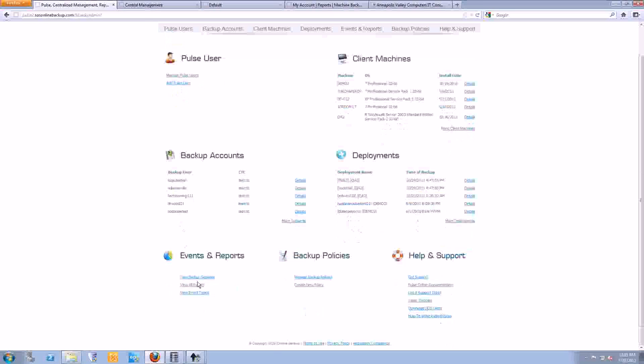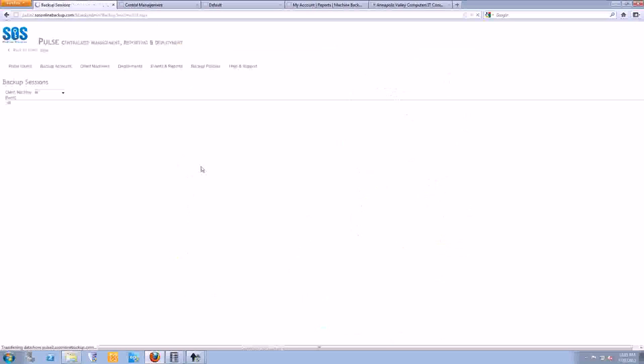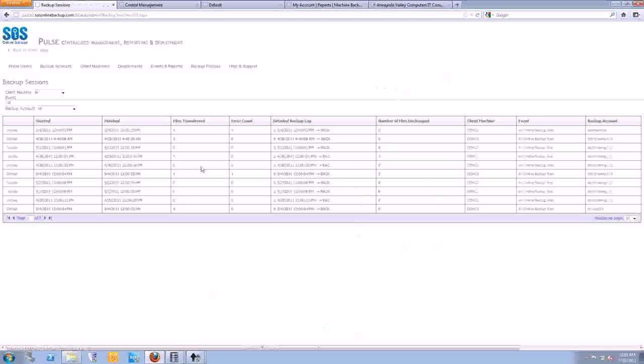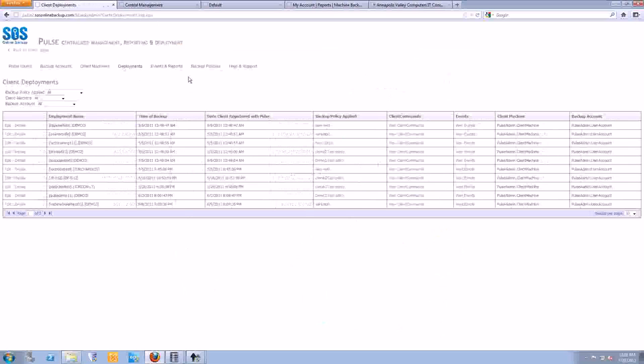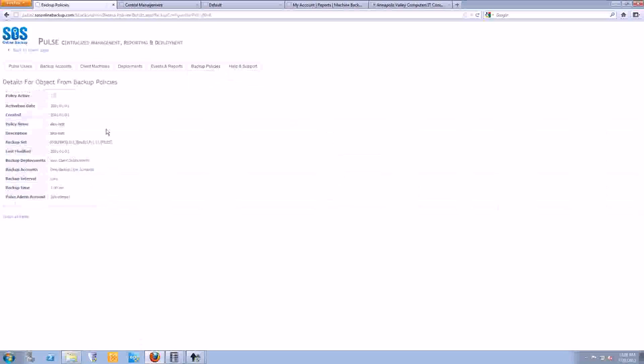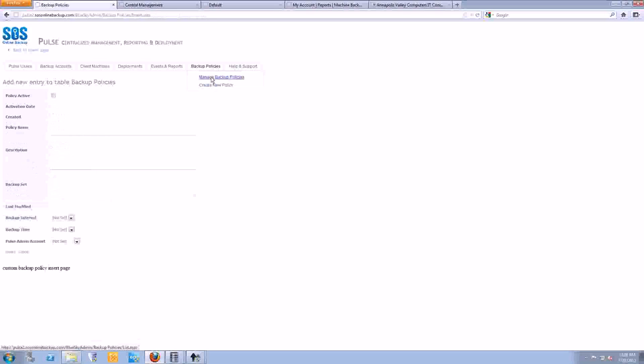Let's go to deployments, John. We can also look at all of our clients that actually have the SOS technology installed, or it's under your brand. And then if you see the backup policy column, you can actually remotely deploy backup policies. And a backup policy is pretty simple. It's just a rule set that says, I want backups to run, what time of day do you want them to run, and what folders do you want included. You can then assign policies to all of your endpoint nodes through this one single pane of glass. This is really great if you're managing a large number of endpoints for your customers, or you can sell this to your customers. If we go back to the home page,